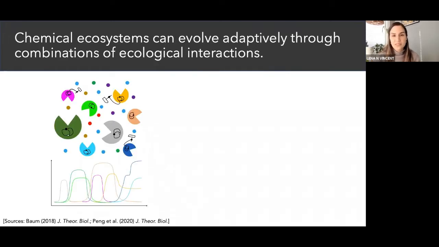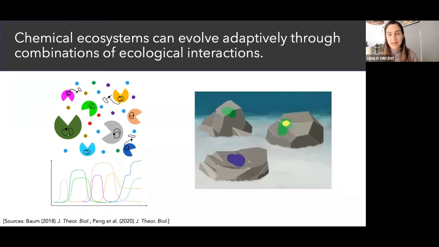Now, a key consequence of this chemical ecology model is that it suggests that in slightly more complex ecosystems composed of more diverse autocatalytic chemical cycles, evolution might be possible as a net result of combination of different ecological interactions, in addition to any background random or stochastic processes that might emerge in the environment, like fluctuations in food species, for example.